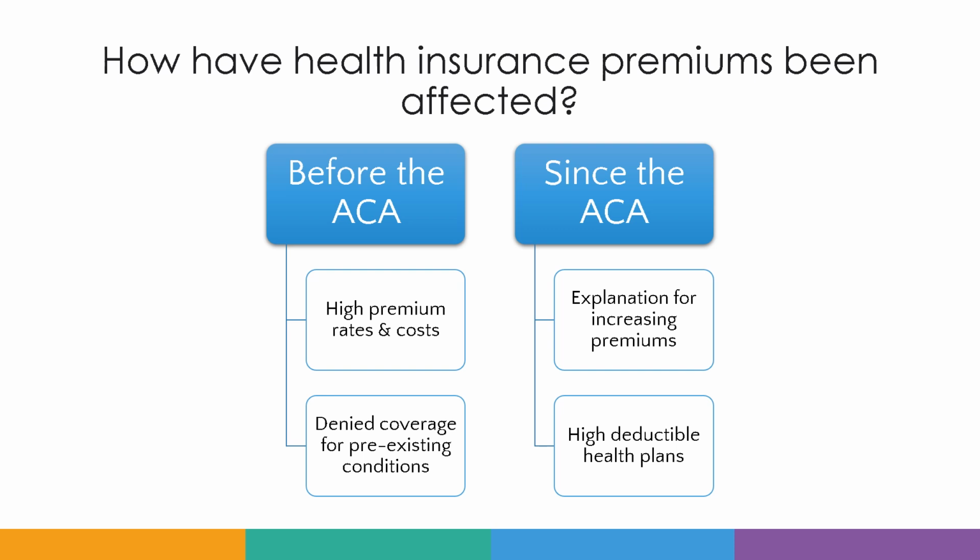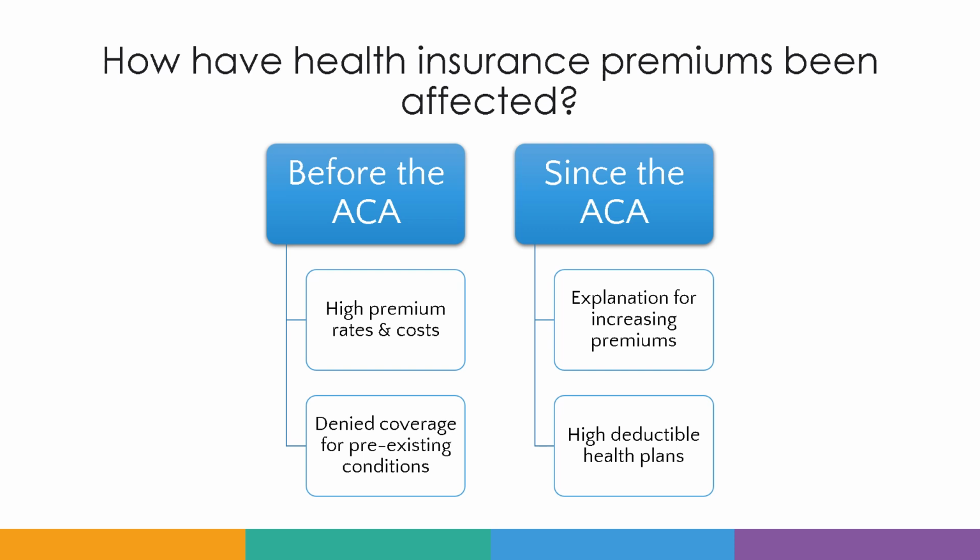Average employee premium contributions for single and family plans consumed nearly 7% of U.S. median income in 2017. Since the ACA, health insurance companies must explain the reason for increasing premiums to customers and get approval from the states before enforcing the increased premiums. The individual insurance market, which includes plans purchased through the marketplaces, experiences the most significant fluctuations. After the implementation of the ACA, some markets saw double-digit premium increases, particularly in 2017 and 2018. To mitigate